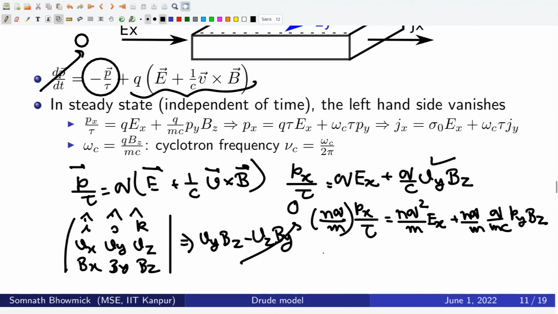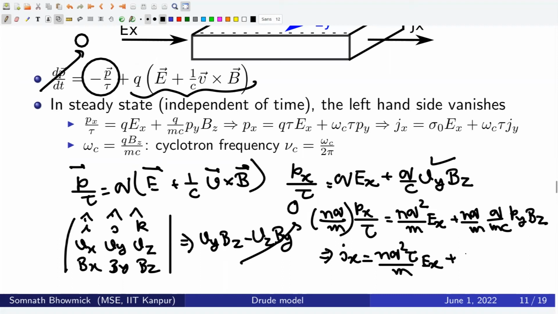Okay. And then you see that this is like nq p_x by m. That turns out to be J_x. And then tau is brought to this side. So that is nq squared tau by m E_x